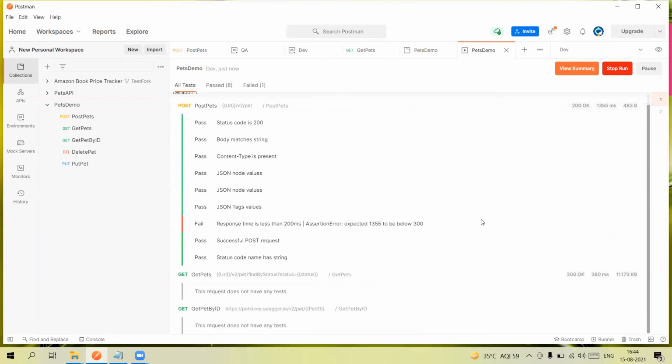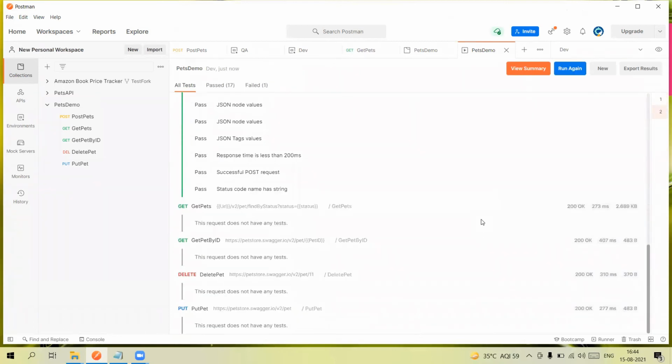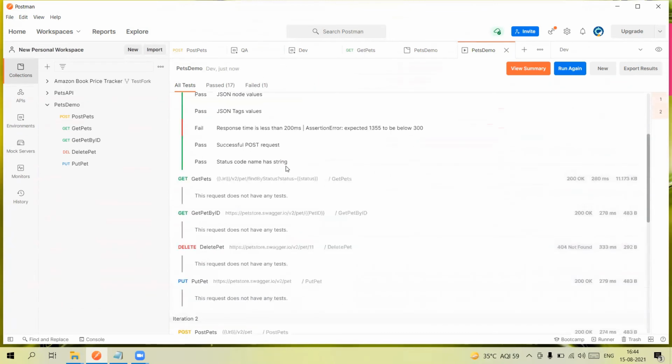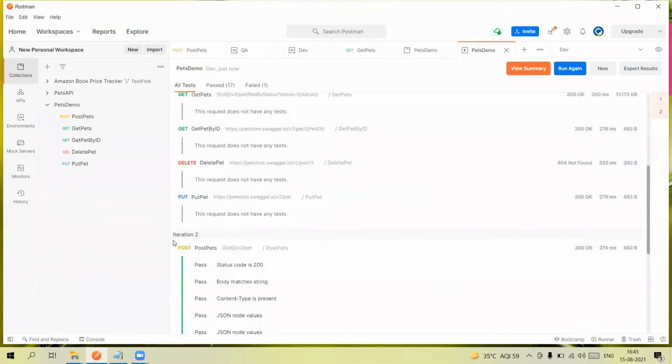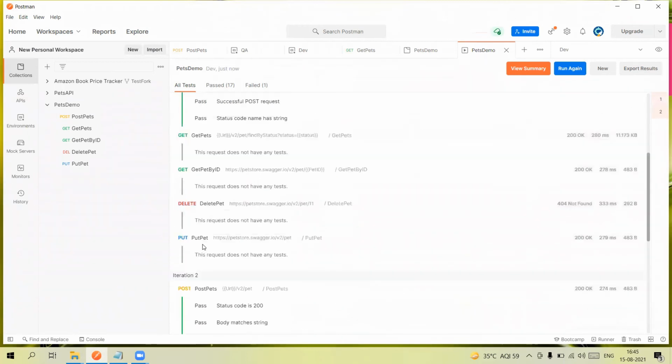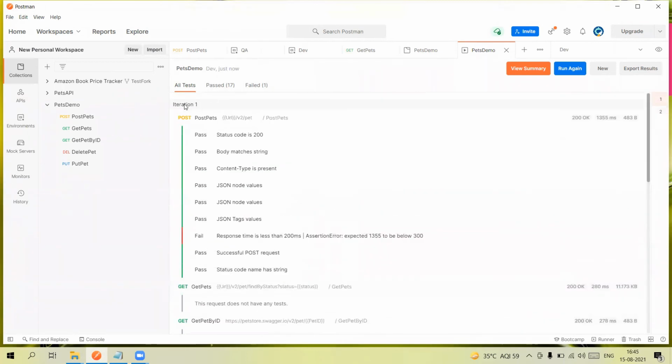Click on the Run button. Now two iterations are executed. This is iteration 2, and all the methods run from top to bottom. This was running iteration one. So these test cases were executed two times in two iterations.